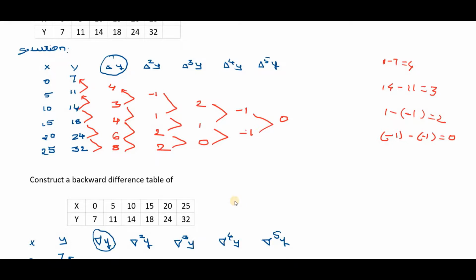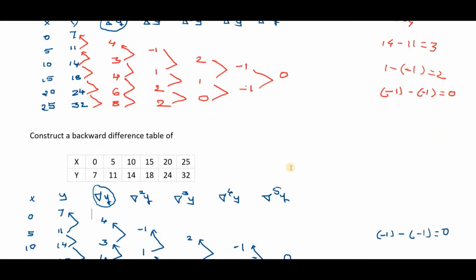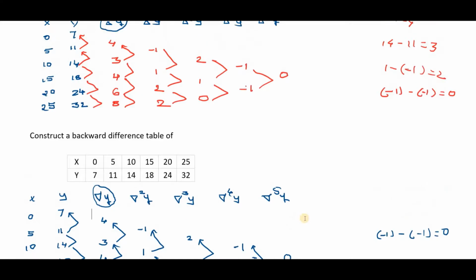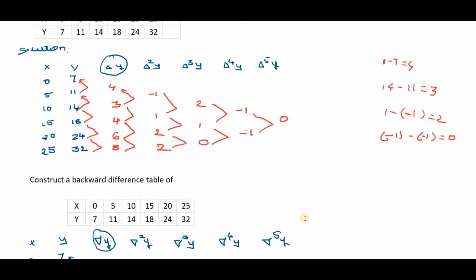You have to subtract the first term from the second term, that is, second term minus first term. Go on continuing in the same way. So if you see both the tables, both the values are one and the same. Here it starts with 4 and ends with 0 in the forward difference table. In the backward also it starts with 4 and ends with 0. So both the values are one and the same, whereas they only differ in their notations. In the forward difference table we are using delta, whereas in the backward difference table we are using del y. So this is the main difference between the forward difference table and the backward difference table.